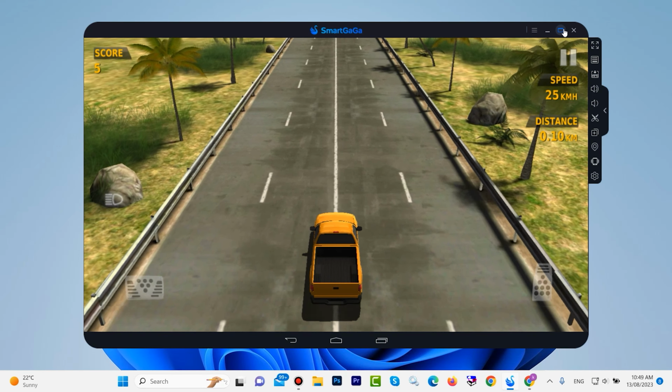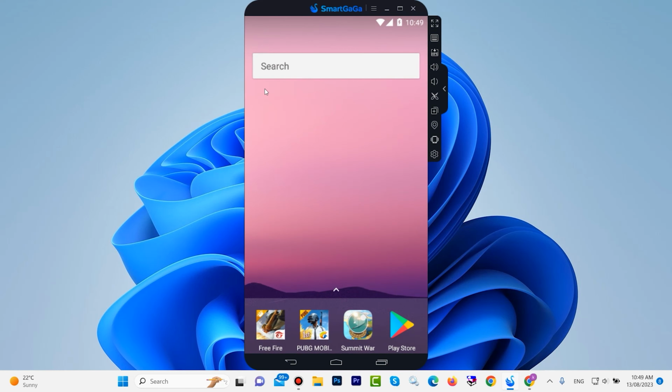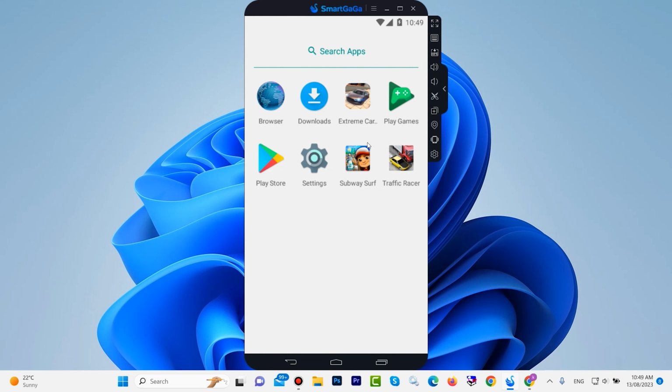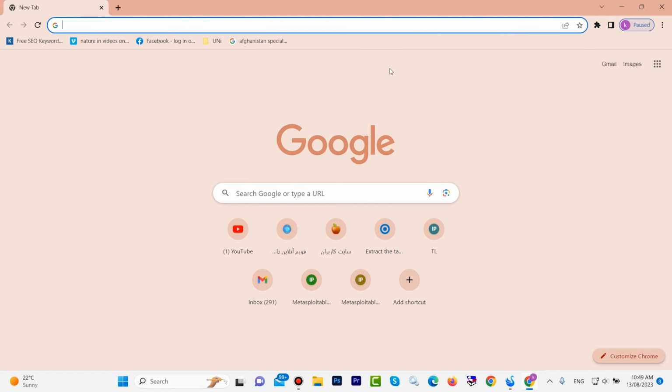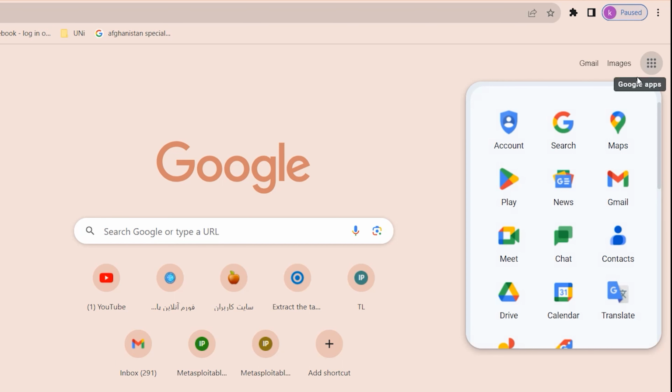It is enough. We can install and also we can play any Android game on Windows 10 and also Windows 11. Let's install one game. For installing a game on Smart Gaga, open one browser, click on this Google app, come to